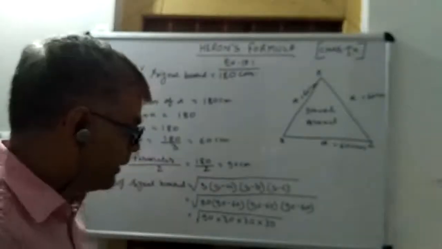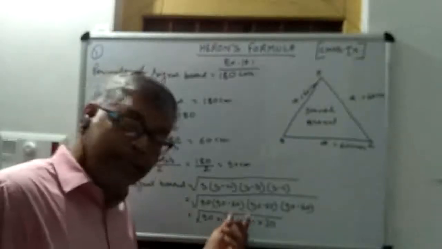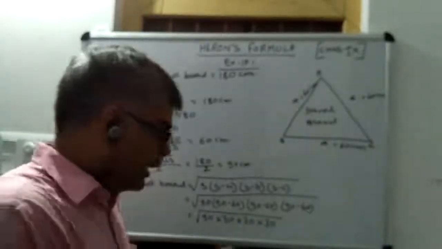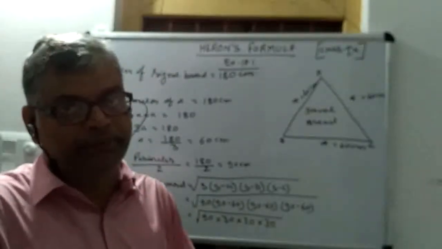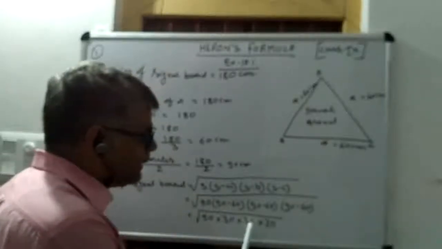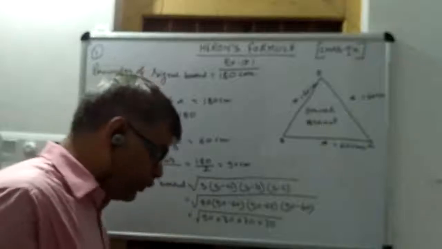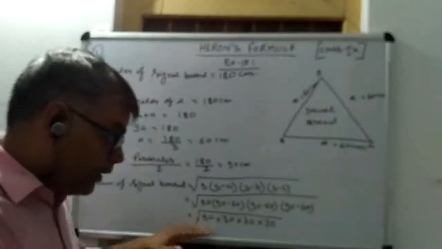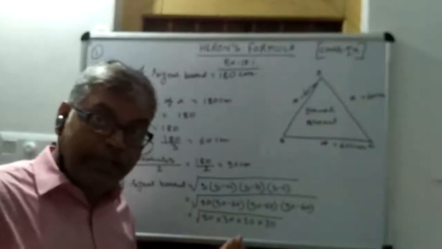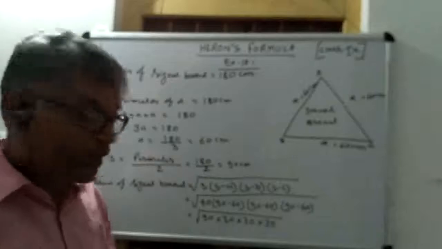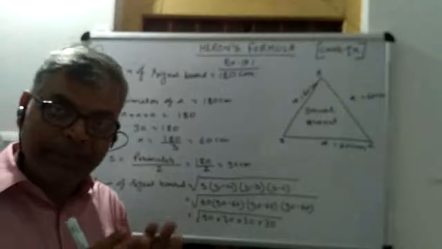Your priority is to factorize the numbers given in the square root such that you get the maximum pairs of numbers. As you can see, there are three 30s under the square root. So what can we do? Can we get more 30s in this under root? Yes, 90 can also be written as 3 into 30. So you have to apply this trick, then your calculation will become easier.